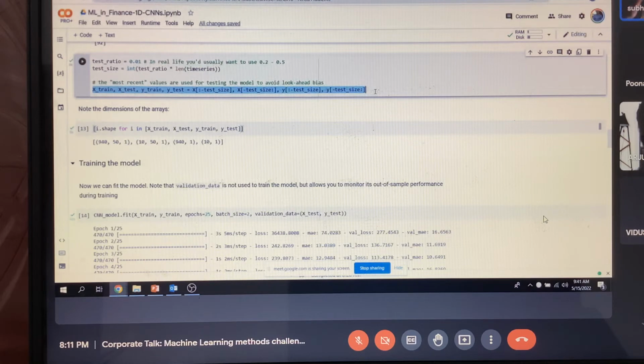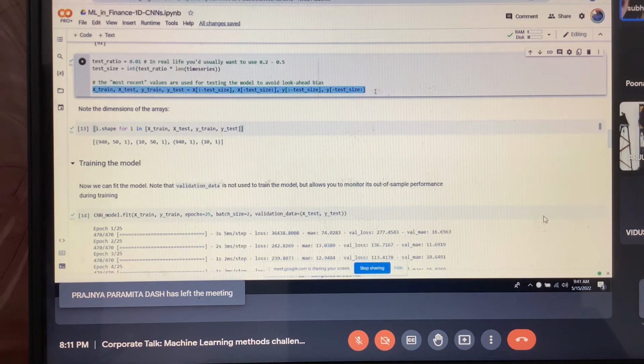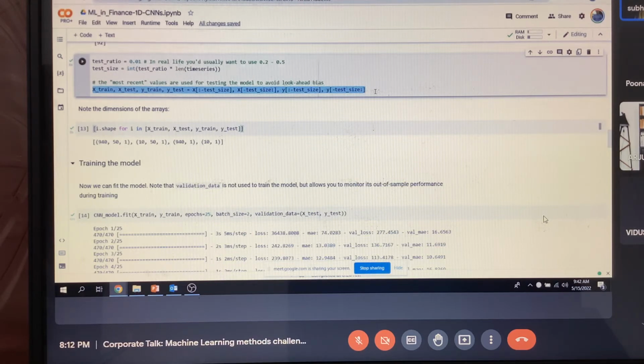For example, if you give a child 100 pictures of cats, it will learn from those 100 pictures what a cat is like. Then if you pick one of those 100 pictures and show it to the child, it will be 100% accurate because it has learned from all 100 pictures. If you give the same picture, it will give a 100% result. So you have to give it some other picture to find out how accurate it was. Therefore you have to split the data into training and testing and then see how well it did.